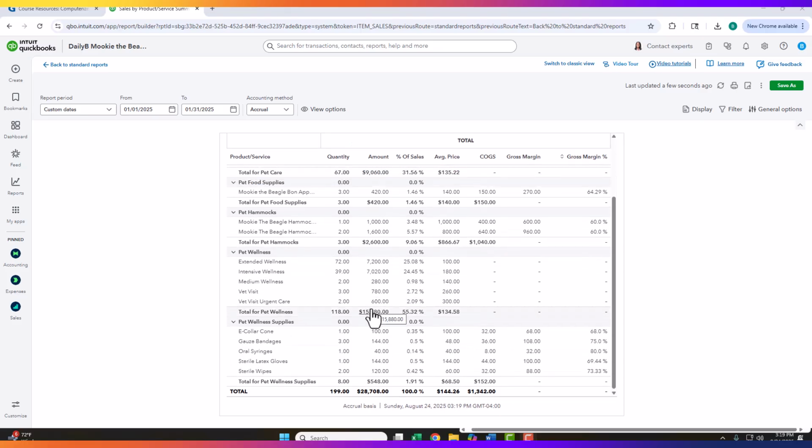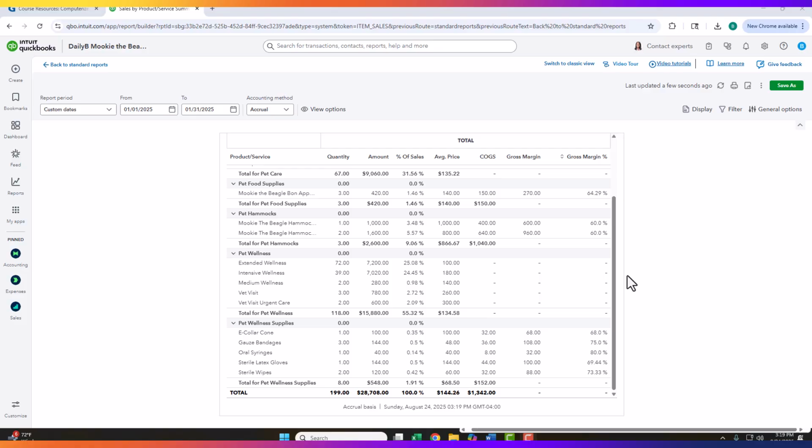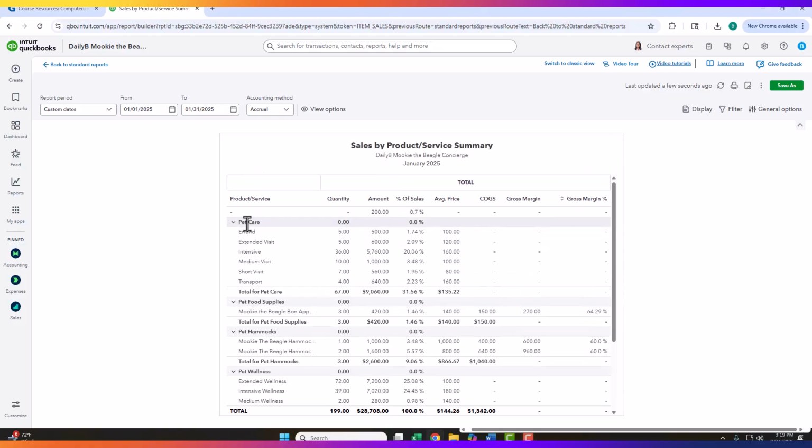So I'm getting a breakdown here as to how we earned our money during the period. So it's got these categories here of our different items in our product service list. So we had the category of pet care, and it shows all the different services that fell into that bucket. It shows the number of times that we sold those things as well as the dollar amount of those sales. It took this dollar amount and expressed it as a percentage of this total, and then it took the average price for each category as well. If cost of goods sold applied, if we're talking about inventory items, products, we see those amounts here in the cost of goods sold